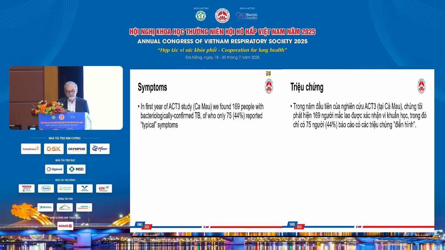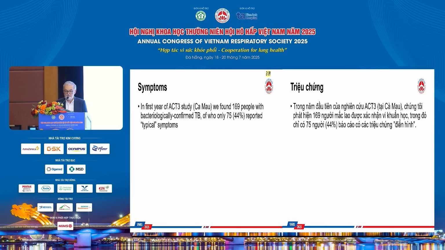For example, in our study in Vietnam in 2014, in screening the whole population of 60 villages, 60 subcommunes, we found 169 people who had TB on bacteriological confirmation, but only less than half of those people